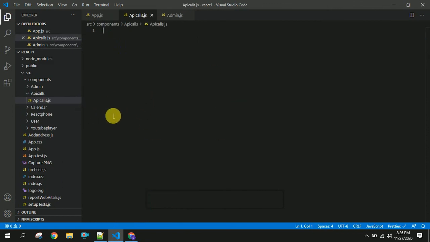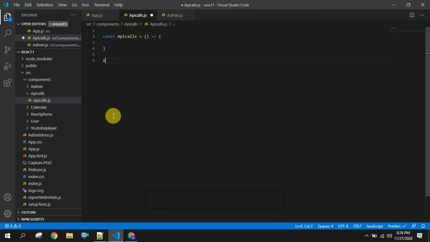Now I am going to create a function here, API calls. I have created an arrow function, an ES6 arrow function, for this. It is the most preferred way, and I am using a functional component here. If you want to do anything in React, then go for a functional component because it is best suited for reusability and it has many features as well.